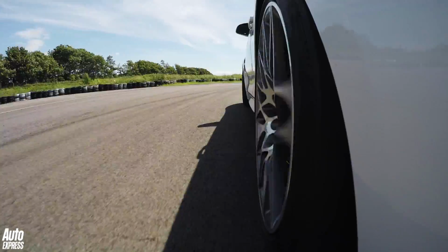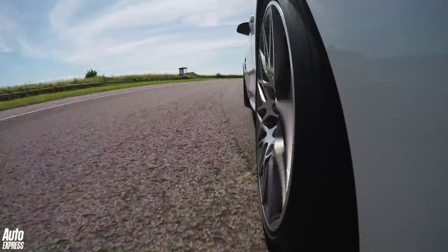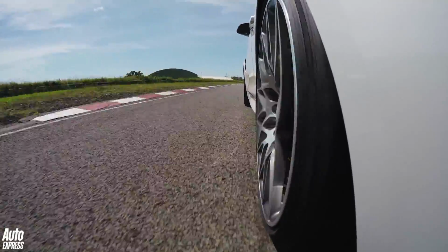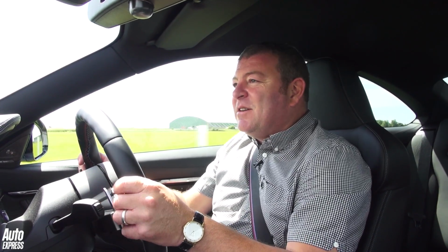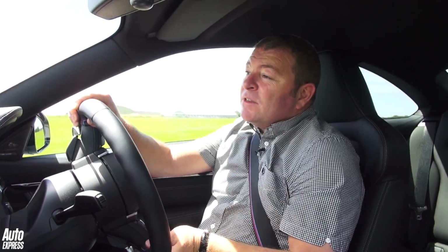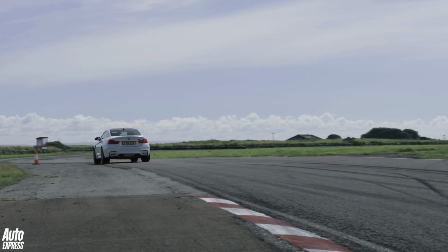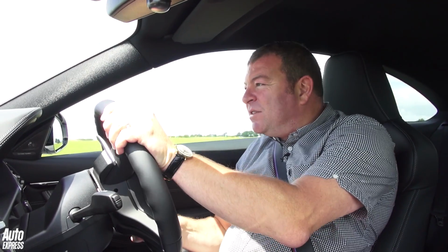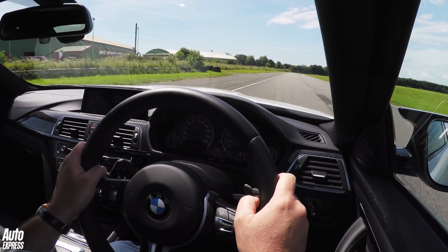Not only has it got the competition back bits on it, which make the chassis that much sharper, give it that much more grip, better tyres, more grip. It's also got the small matter, well, the not so small matter of 425 horsepower, which is a fair bit more than the M2 and the 1M. And it's got 550 newton meters of torque. And do you know what? It hardly weighs any more than either of them. So really, it should blitz this. And it's got the MDCT gearbox,